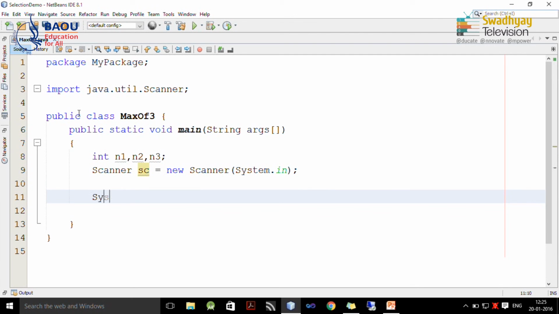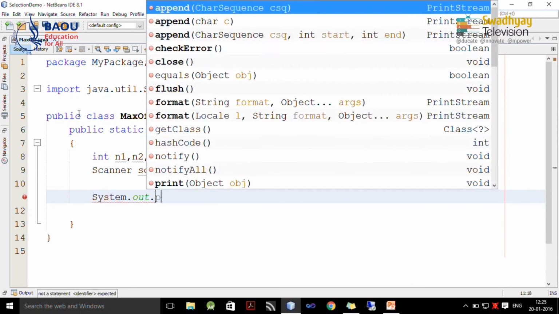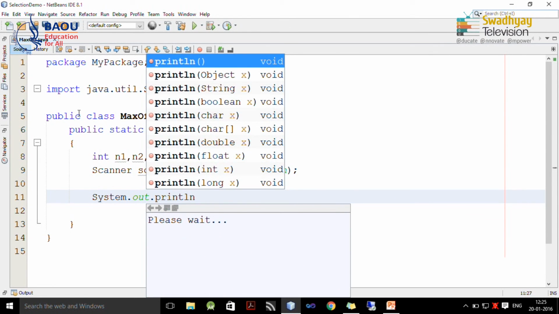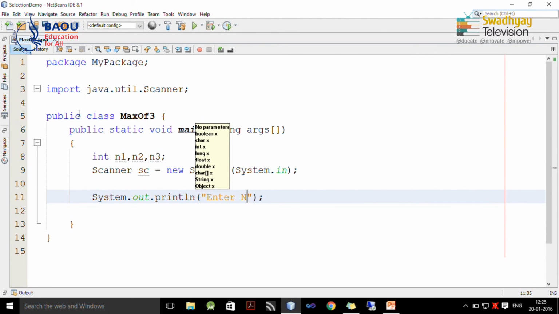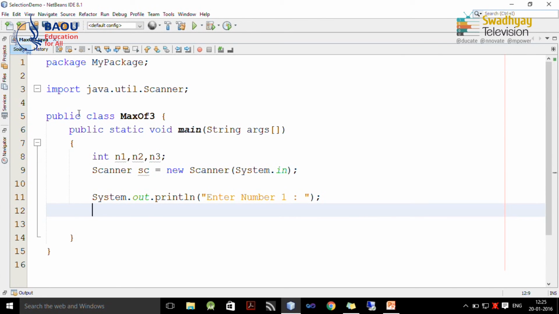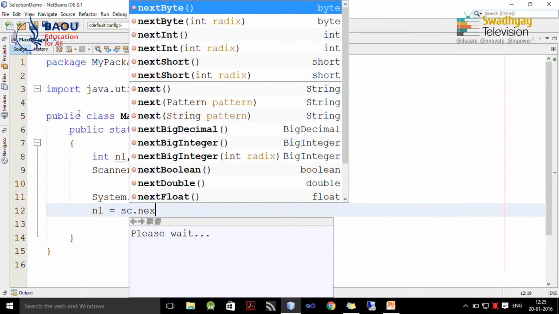So, we declare 3 variables n1, n2 and n3 and one Scanner which can be used to read data from the keyboard. First we provide the user a message: enter number 1. So, the user will enter the first number and we want to read that using this Scanner class object. So, I write n1 is equal to sc.nextInt().